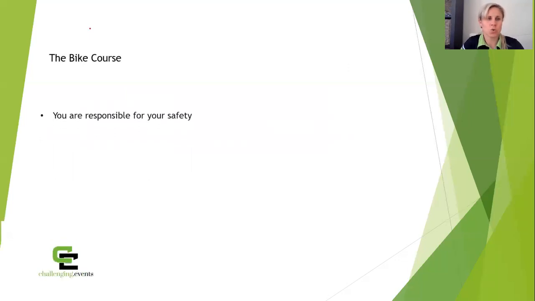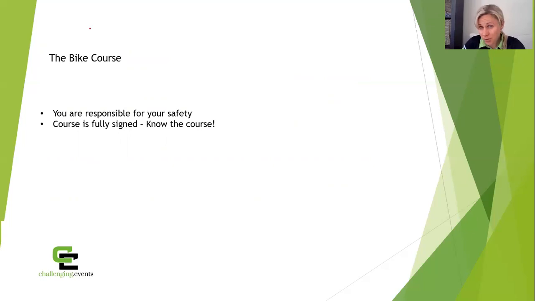Bike course. So you are responsible for your own safety. We've done stuff out there to make it safer for you. It's fully signed, but you do need to kind of know the course. That is actually one of the British Triathlon rules. You can find the route on the Swanage Triathlon website, and certainly on the Facebook pages. So have a little nosy, know where you're going,